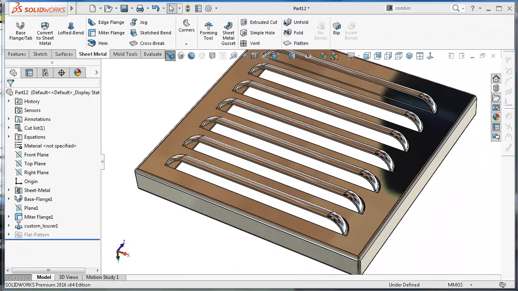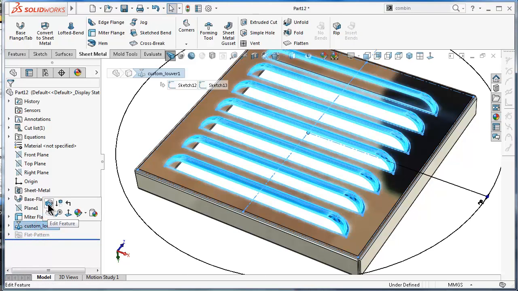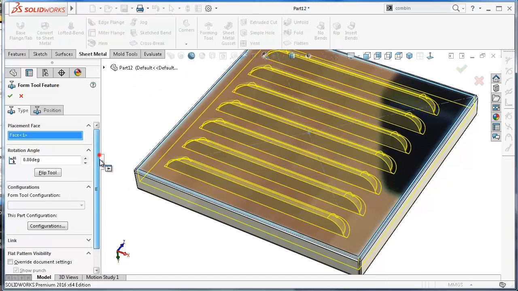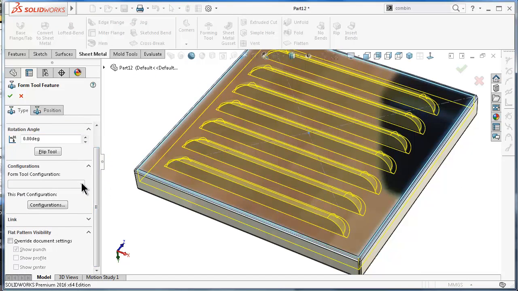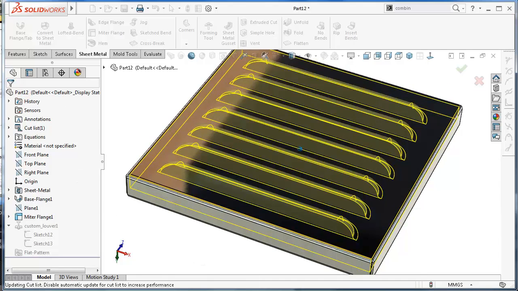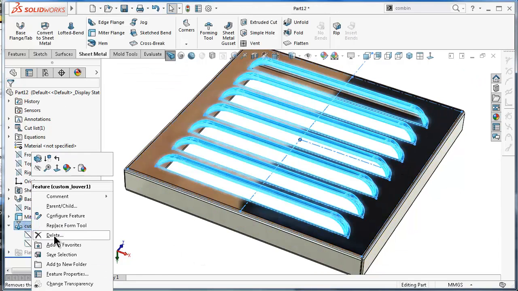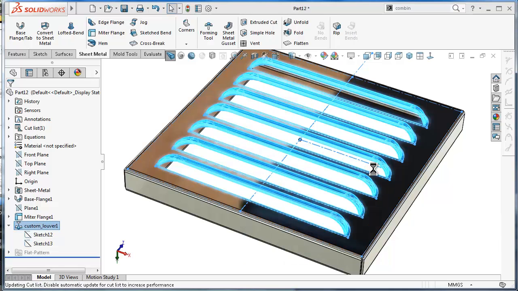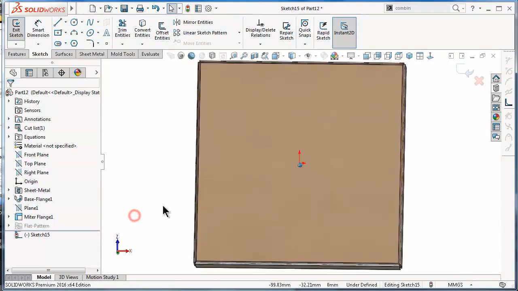So now let's talk about other options in the forming tool. If you edit the forming tool over there, you'll see we said about the configuration. We don't have any configurations. Also, the link over there is not checked. So now let's see first how the link works. So let's undo this process. Click delete, show the